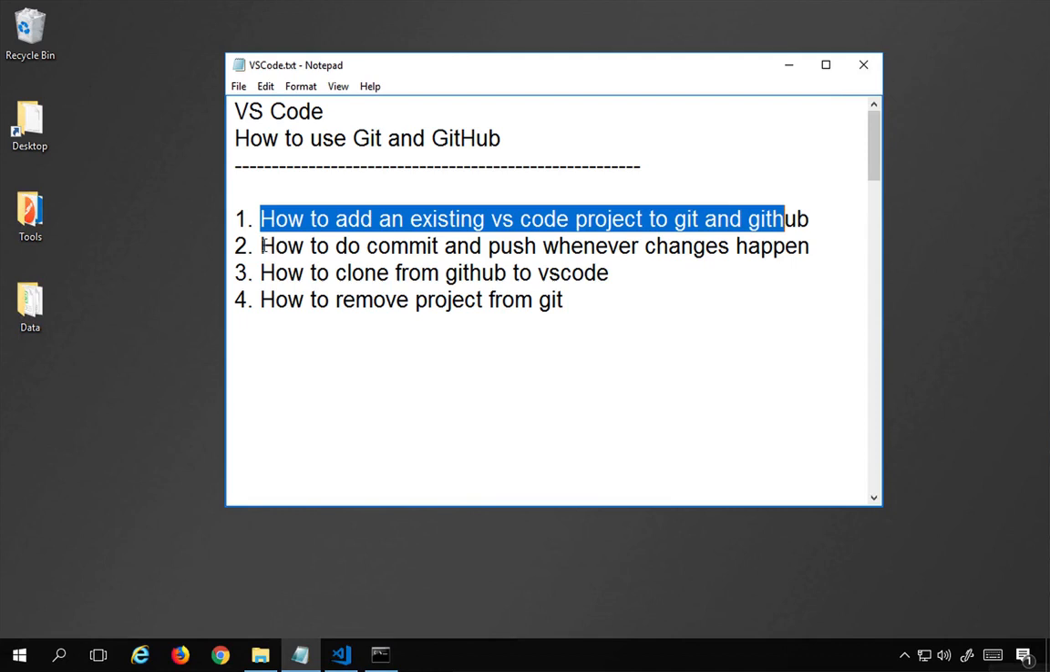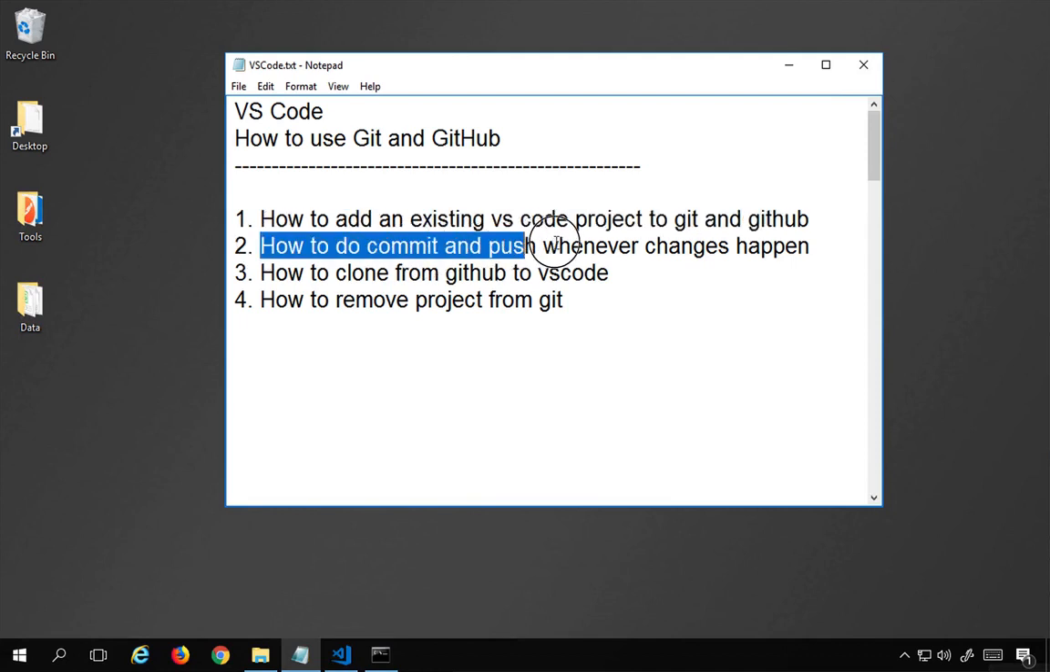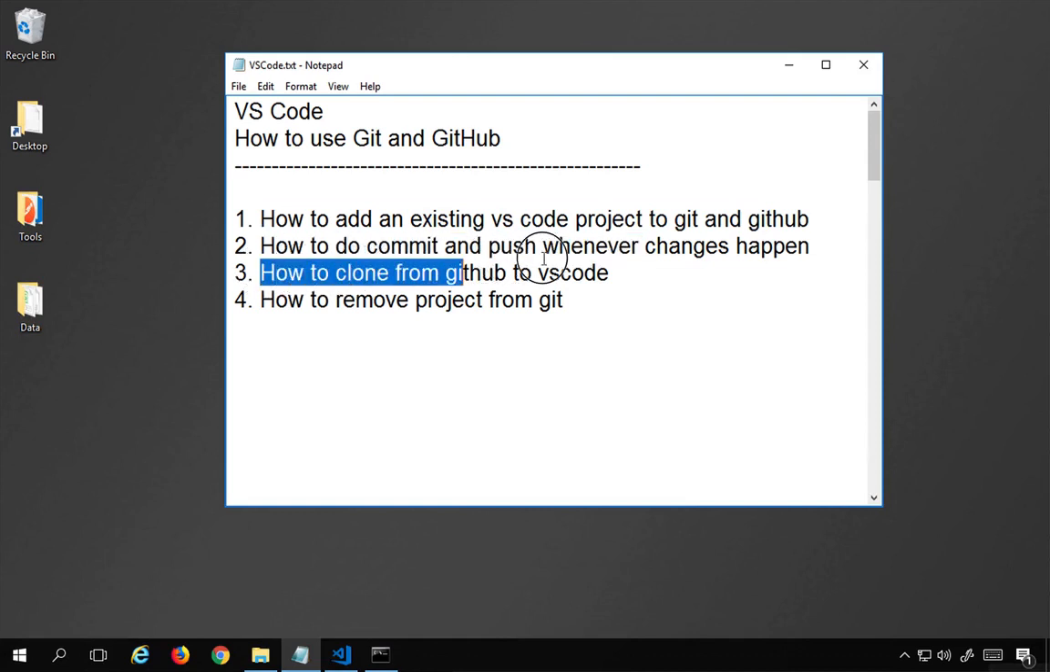We will then learn how to do commit and push whenever there are any changes and push the changes to GitHub. We will also see how to clone an existing project from GitHub to Visual Studio Code, and then finally how to remove the project from Git. So let's get started, and step number one will be